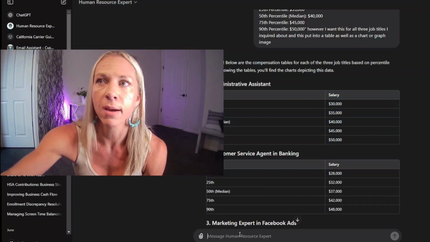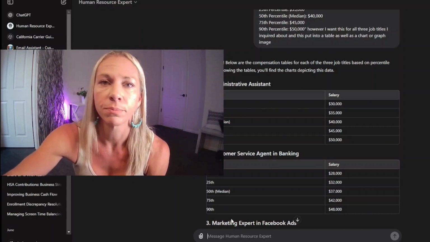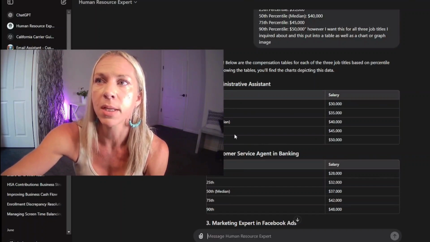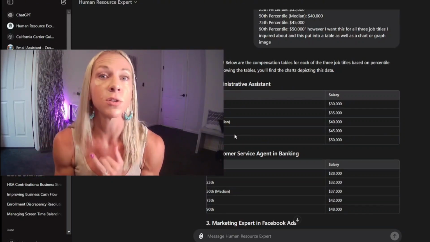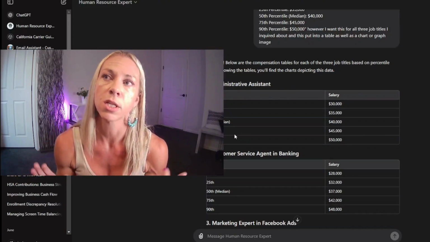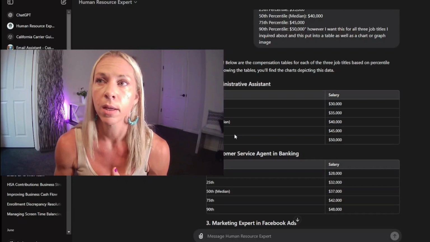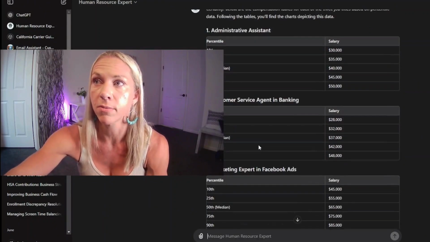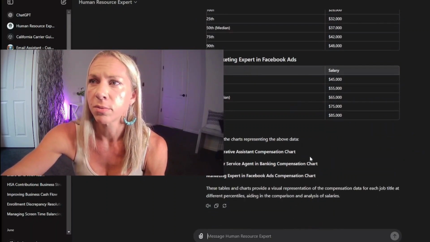So I do have to tell it, well, this is a fake project, but you could probably tell ChatGPT that you want this for national data, then Western region, then perhaps your city, and maybe even the size of your organization. So you might want to see different benchmarks, but I'm assuming this is all just national.